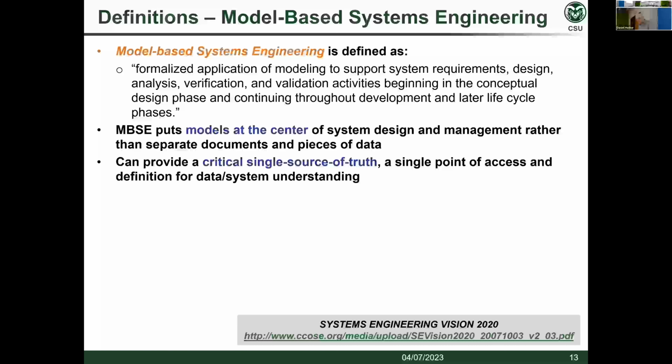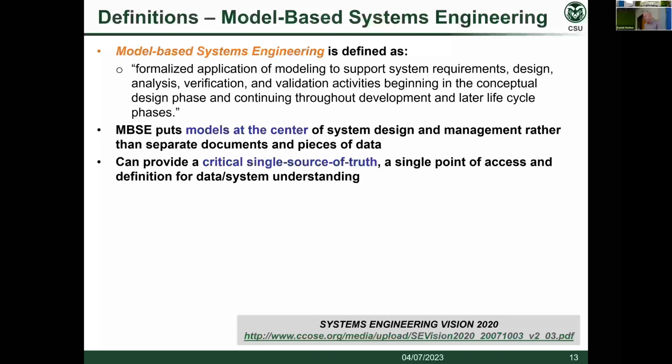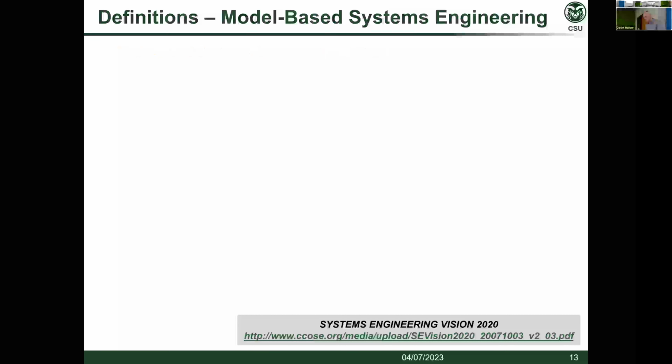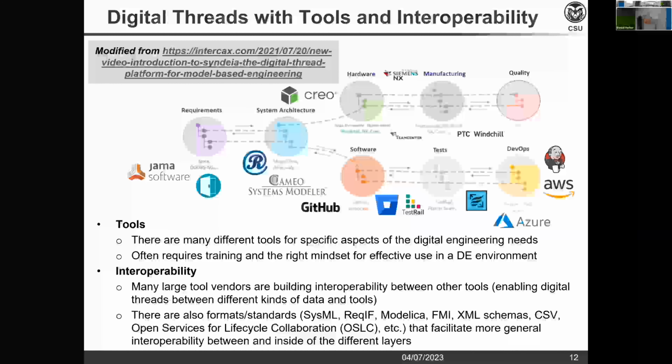So MBSE, the goals of a single source of authoritative truth, MBSE is a mechanism to enable that, to have something that can be the center of development, that can be the center of communication. If you were paying attention to the last slide, for example, we saw the system architecture side, which is often in the context of MBSE the key link between requirements, hardware, software, and their own individual branches.